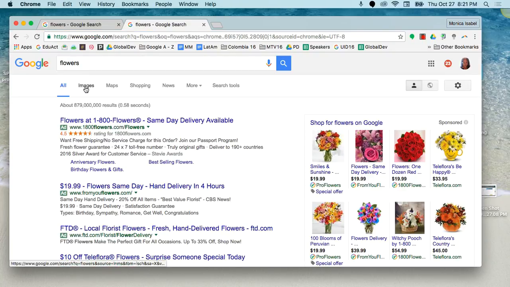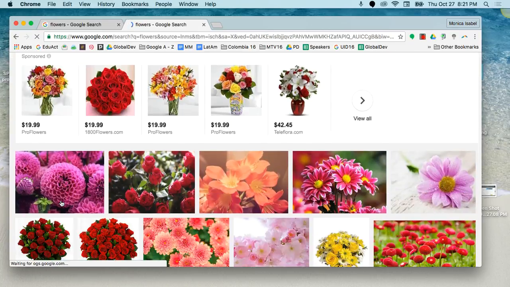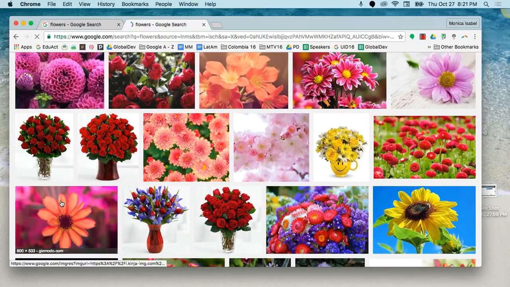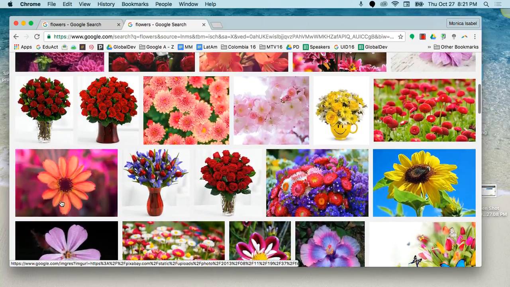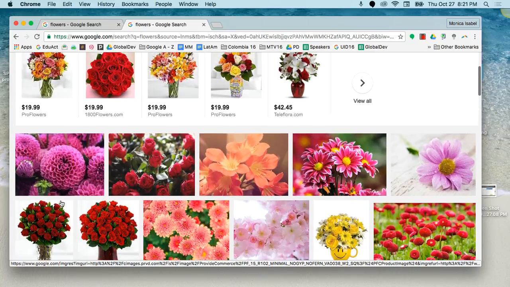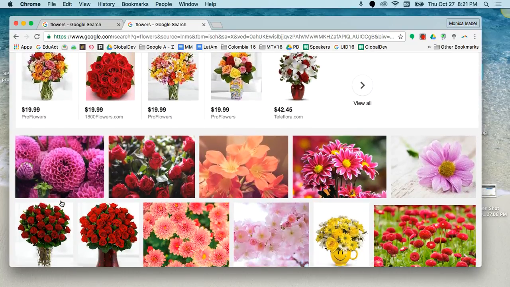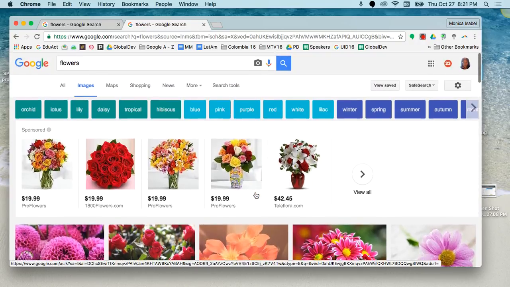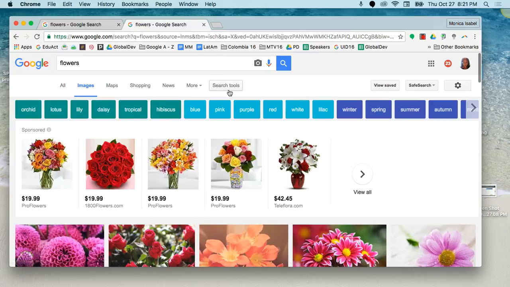Then I'm going to select images from my options up at the top left there. And this is what I get. So this is pretty common as a search result. But if you've ever conducted a search for something and then found what you wanted, and it turned out that that particular image was super tiny small on a slide deck or on a Google Doc, the best way to avoid that is to use the feature Search Tools that's located up at the top next to where it says